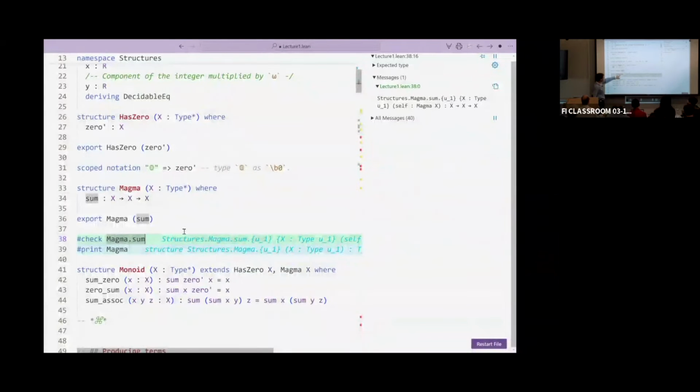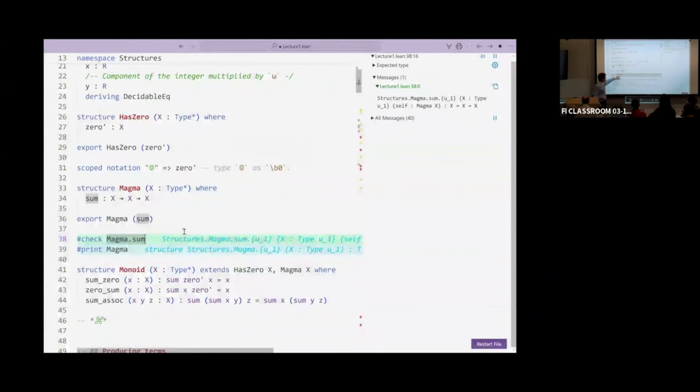This is why, in general, Lean always prepends the name of the structure to the object you're declaring, so that if I come up with something else that also has a sum field, that will not be mixed up.